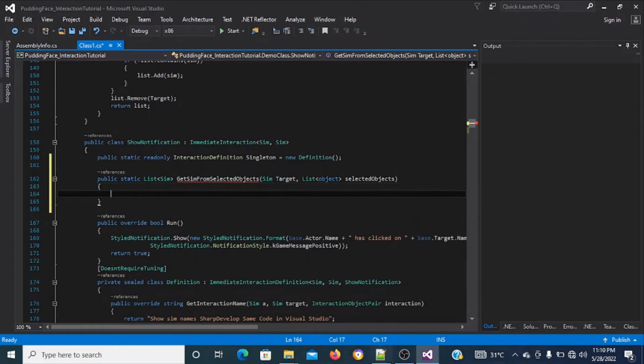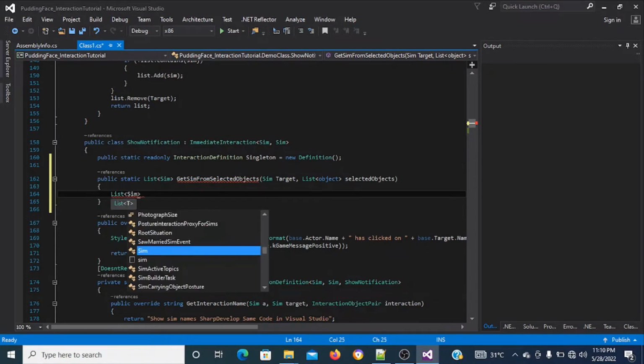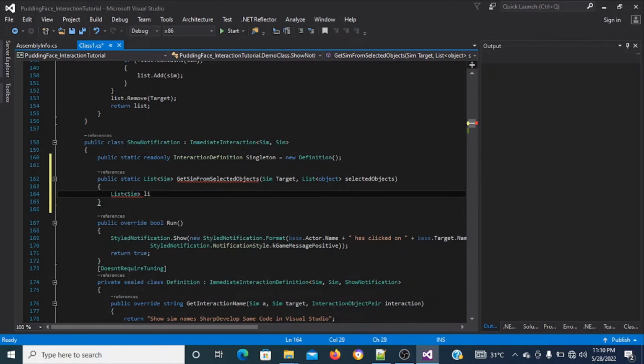Now curly brackets, and inside this method write List<Sim> list equals new List<Sim>(),